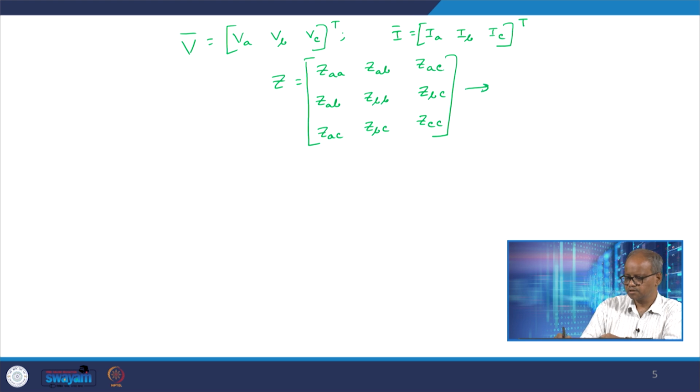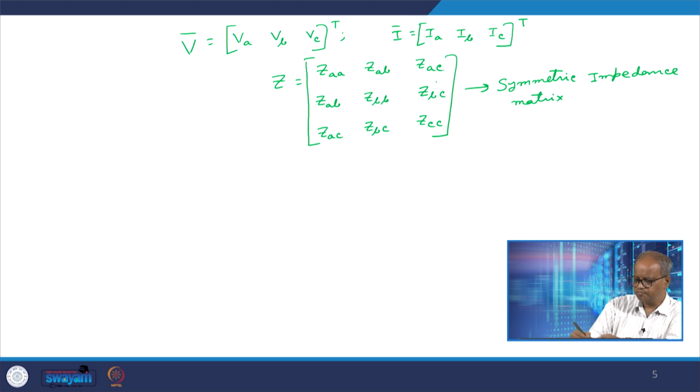So, this is a symmetric impedance matrix,